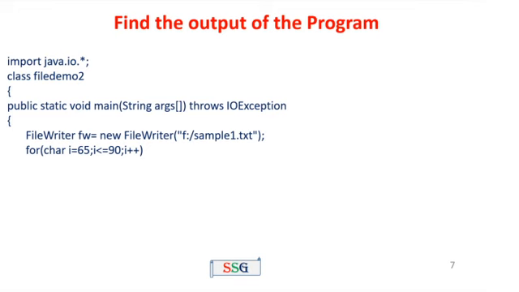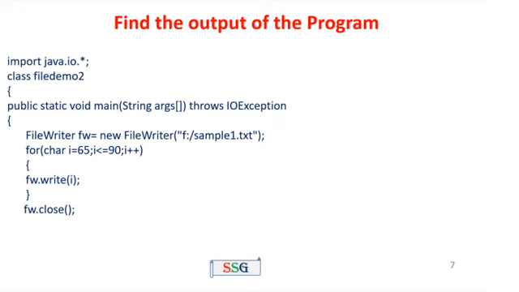Okay. Then next, for (char i = 65; i <= 90; i++). Here in this for loop, i is declared with 65 to 90, but i is declared as a character variable. Character variable means if for a character variable the user gives any integer input, the compiler converts it to the equivalent ASCII value. That is, ASCII values 65 to 90 are capital A to capital Z. That means this for loop writes capital A to capital Z in the file sample1.txt.